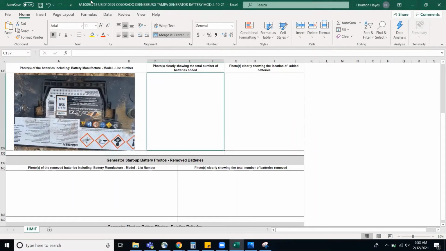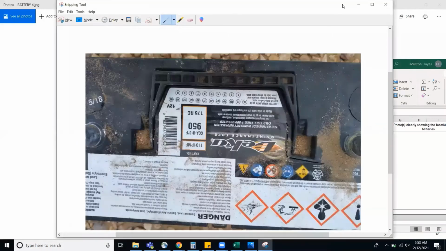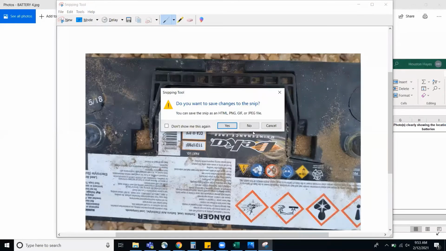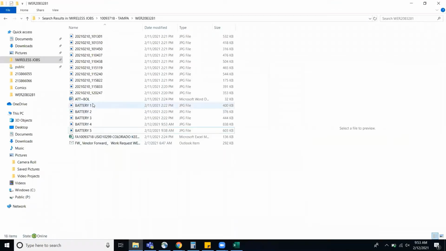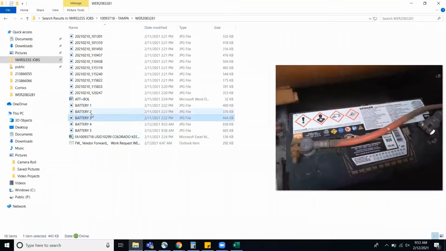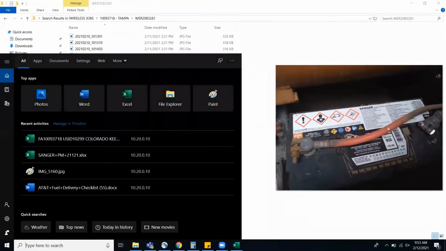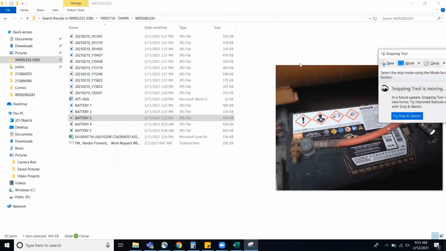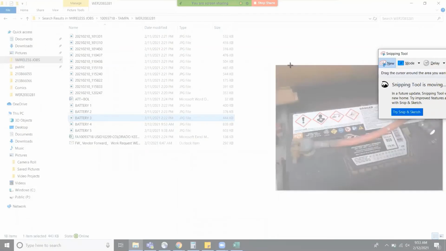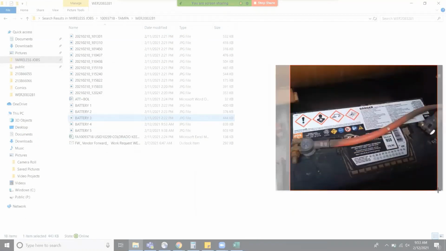Okay. So now we need a couple additional images. New battery. Okay, so here we can see we have the new battery set up. This is a good one to use. And for this one, I can just take it straight from the preview. And I know that this